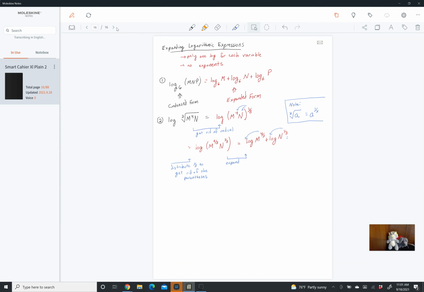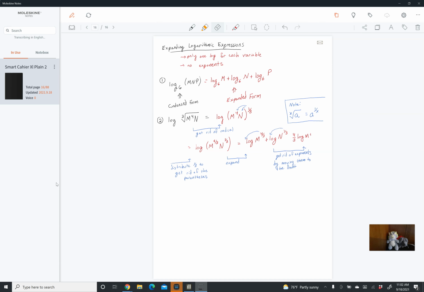So we're going to move the exponents. This just becomes 4/3 log m